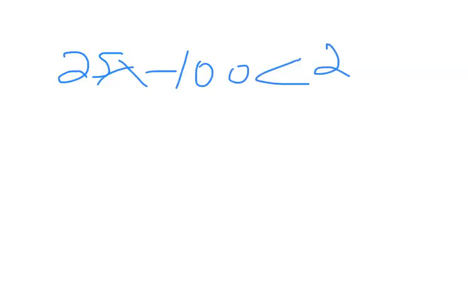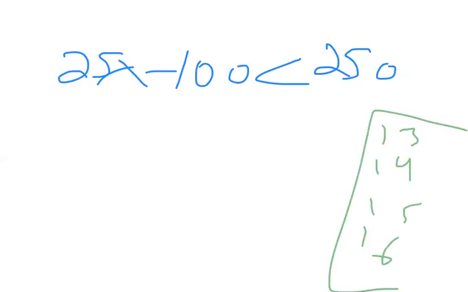Okay, so 25x minus 100 is less than 250. You want to solve for a value of x, I guess, if the choices are, suppose, 13, 14, 15, and 16. So the answer is one of these, suppose multiple choice. So what we could do is just add the 100. You could kind of treat it like an equal sign in a way. So you get 25x less than 250 plus 100, which is